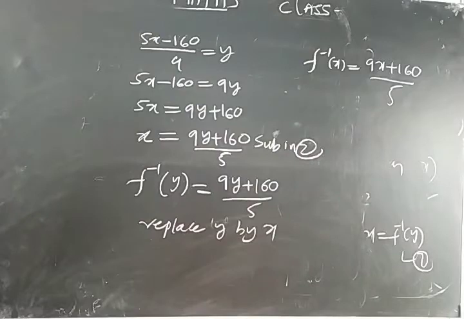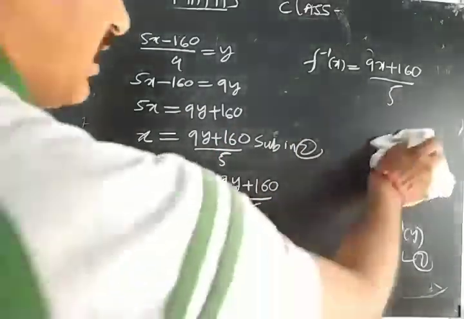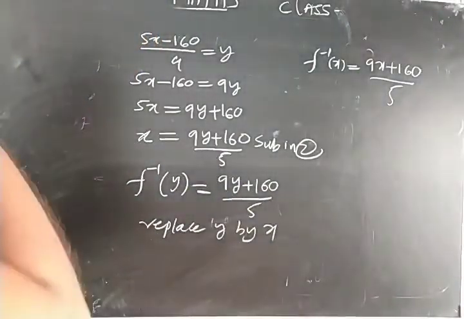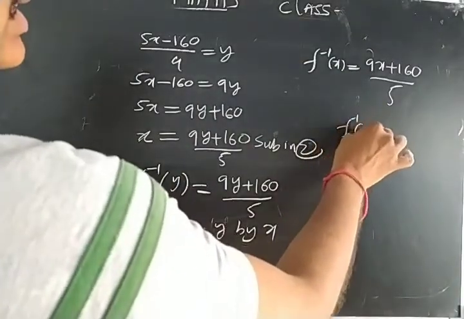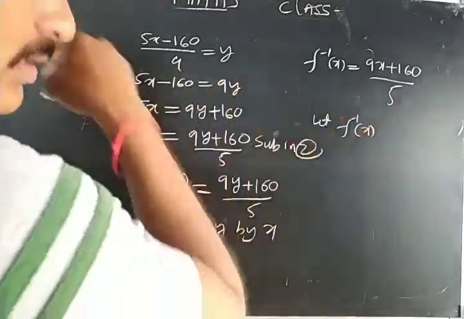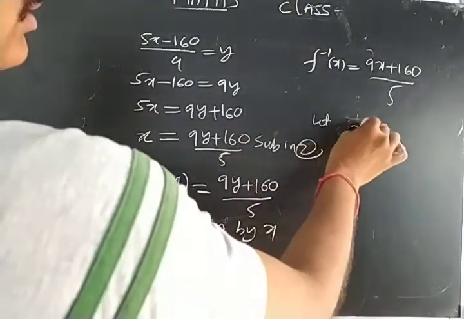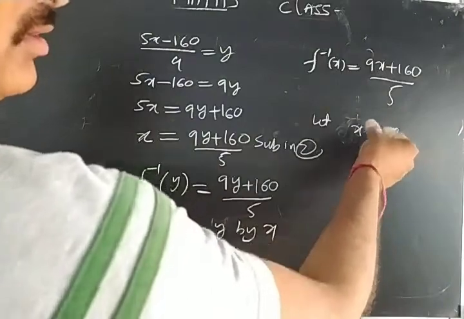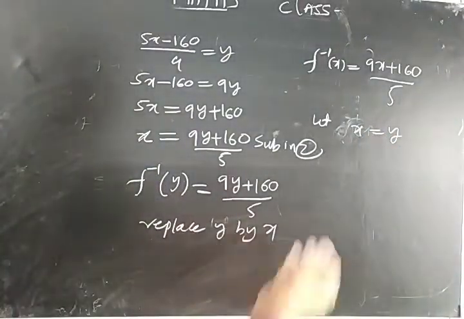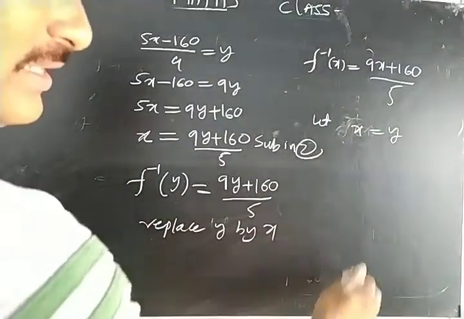Inverse definition. Now we have to check, is this a function or not? How to check whether this is a function or not? We should take two pre-images equal, then we have to show the images are also equal. If two pre-images are equal, then the images are equal. To show the given definition is a function or not, take two pre-images equal and show that their images are equal.